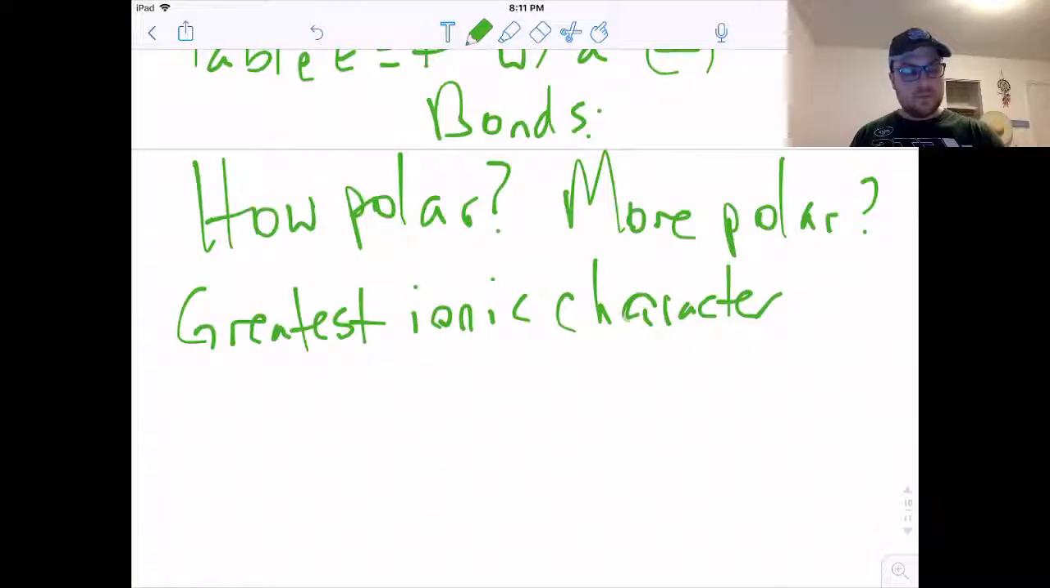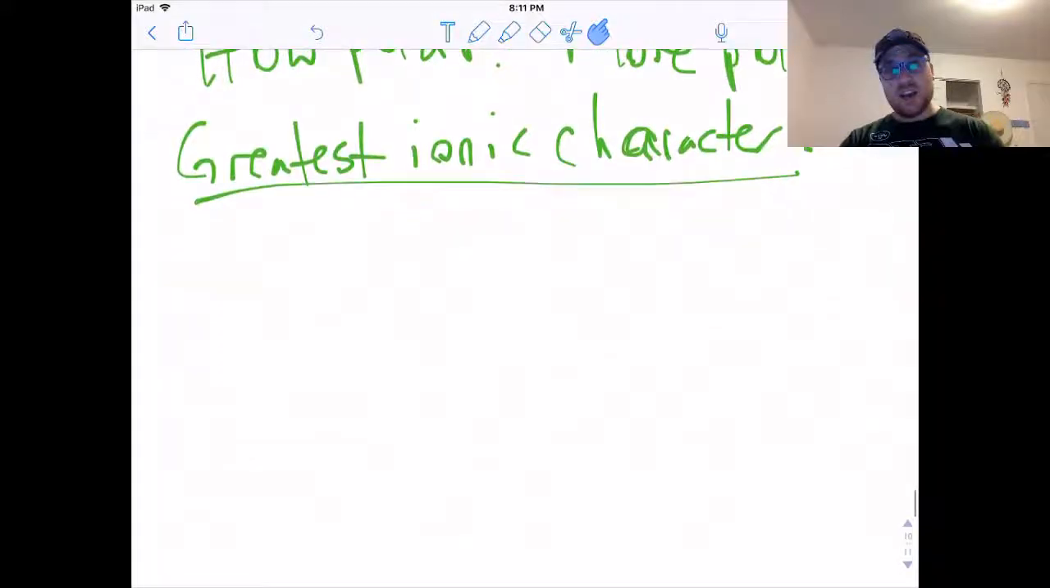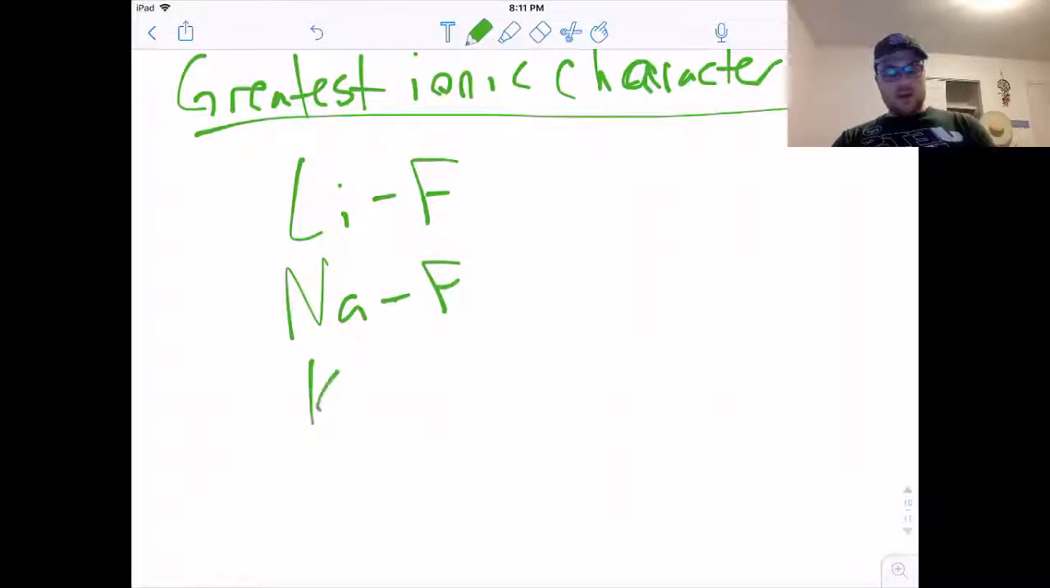So let's say the question was, which one of these bonds has the greatest ionic character? And they were all with fluorine. So there was Li with F, Na with F, and K with F. And there'd be a fourth choice, but you'll get the idea. For the more polar bond, which bond is most polar, which bond has the greatest ionic character, you go to the reference table,